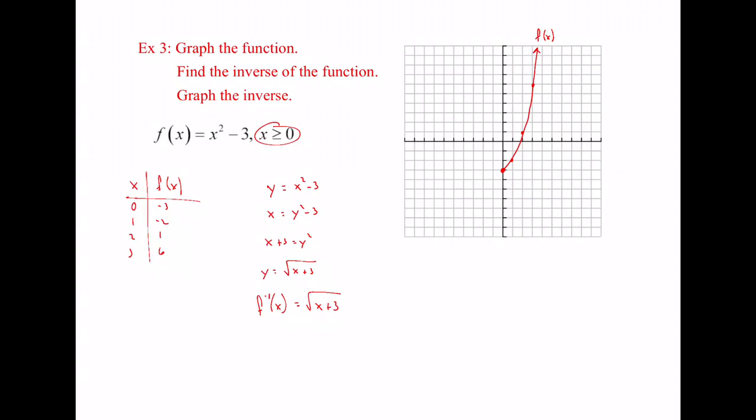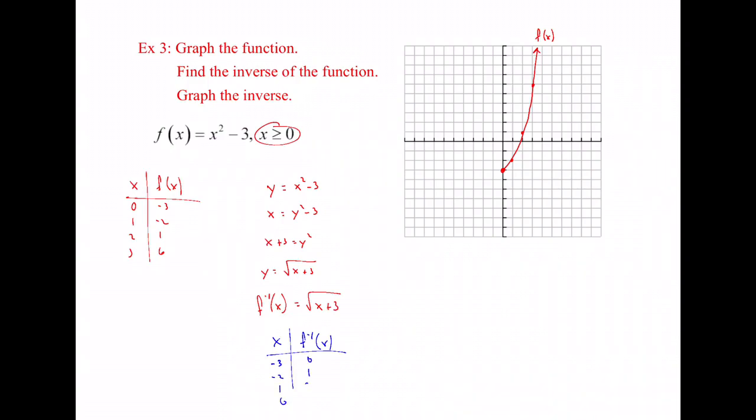So really that second part is done. We graphed the function, we've now found the inverse, and now we need to graph the inverse. Now what we could do is take this graph and say, okay, well the radical or the square root function gets shifted to the left 3. We could do a table if we wanted to and plug in the values that would be appropriate for a square root. Or you already have the table. The table's right up here. It's the same thing because all we have to now do is make our range from the original the domain